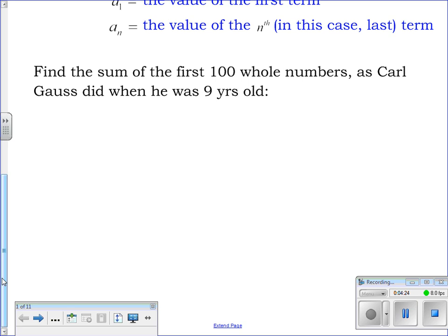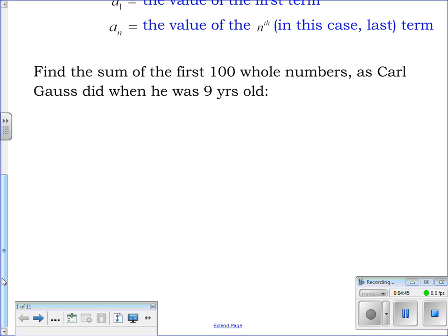He wasn't that way. He was actually, until Germany went on the euro, the face on the 5 mark, the equivalent of our $5 bill. A mathematician on a $5 bill. That's kind of cool. Now the story is, when he was 9 years old, he was a little kid,